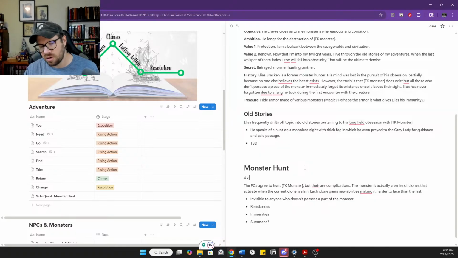And we can always adjust the difficulty as they go. So I would say we write this for third level characters, but just depending on when you want this sort of thing to happen. You could write it for any level you wanted. I mean, Elias could laugh in their faces and tell them they're not strong enough to battle the beast yet.